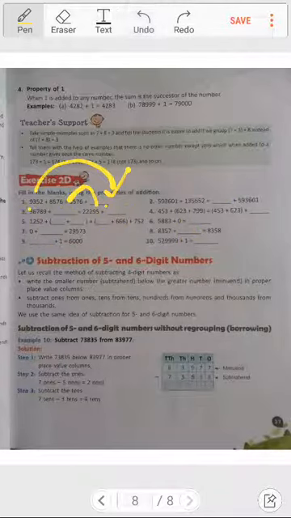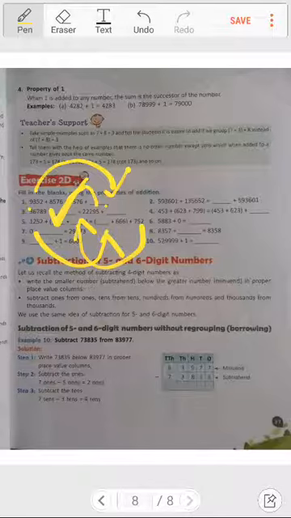Now after that, if you see in question number 5, yes, this first number will come over here, this second number will come at second place, and this third number will come at third place. It is the associative property. No changes will be there. Associative property means there is no change in order.